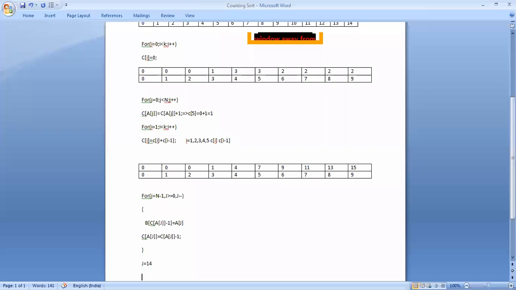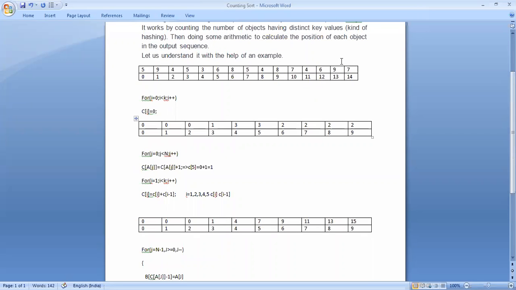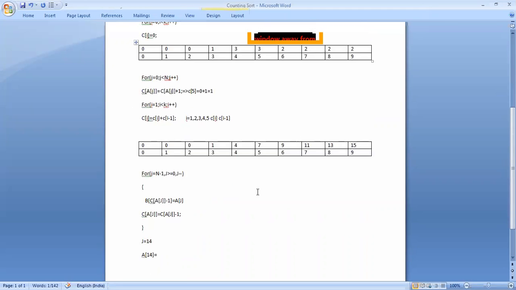So A[14]. A[14] you check, A[14] means 7, the element in the A array. So in place of A[14] we can write 7.